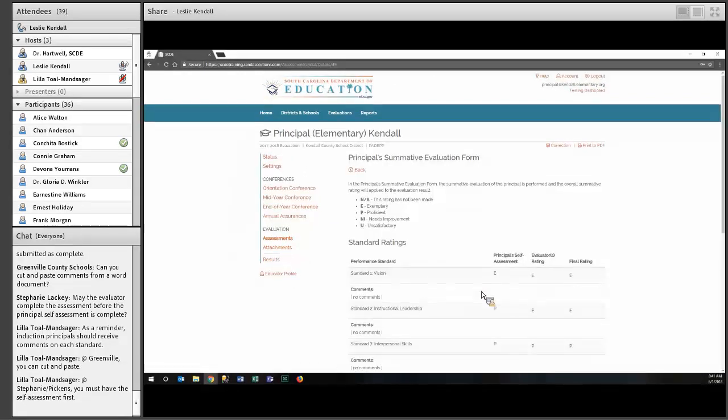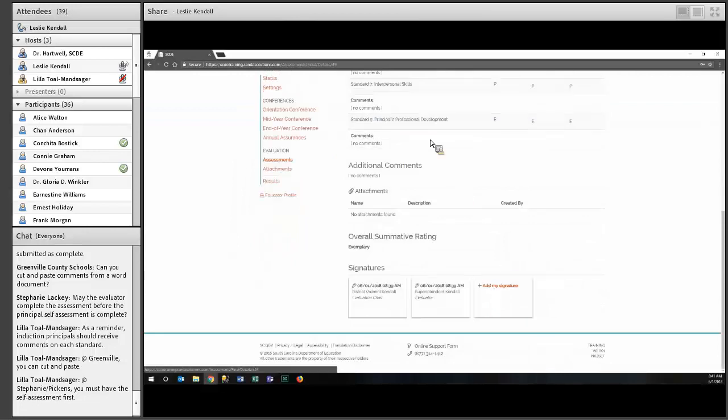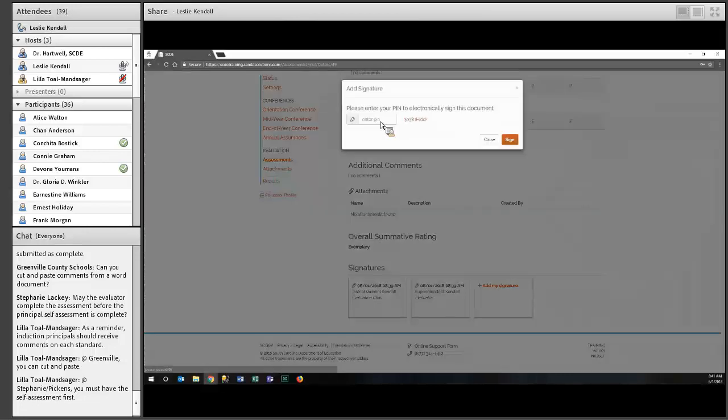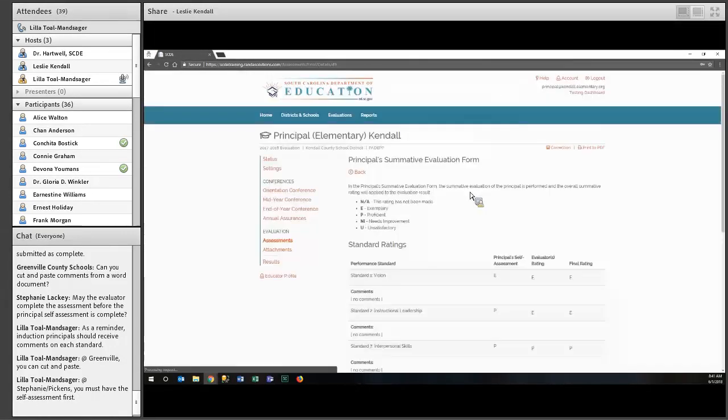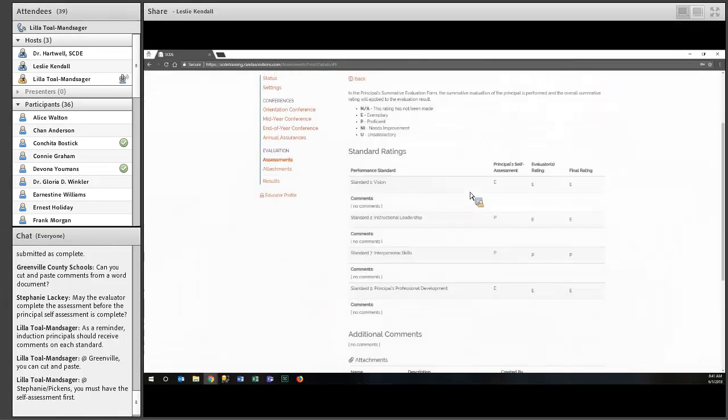They can now view the form and then add his or her signature. Again, if your principal has a device they can bring to that conference meeting, they can sign directly in that conference as well, just like you would do on paper, everything's signed before you head out of the meeting.